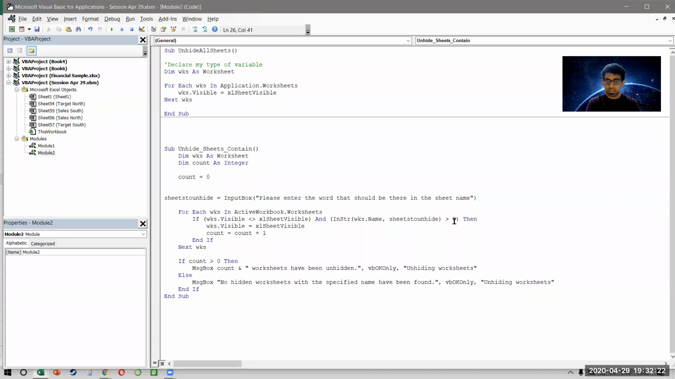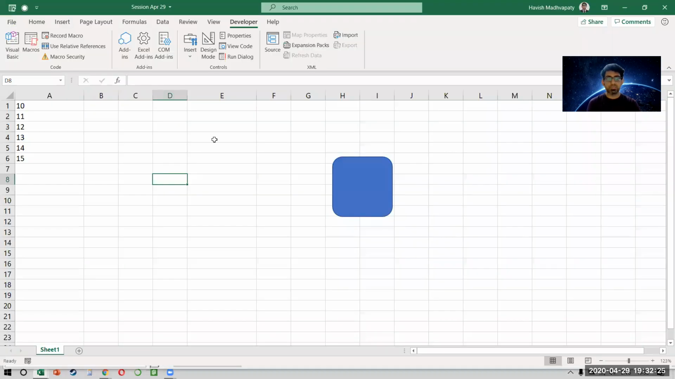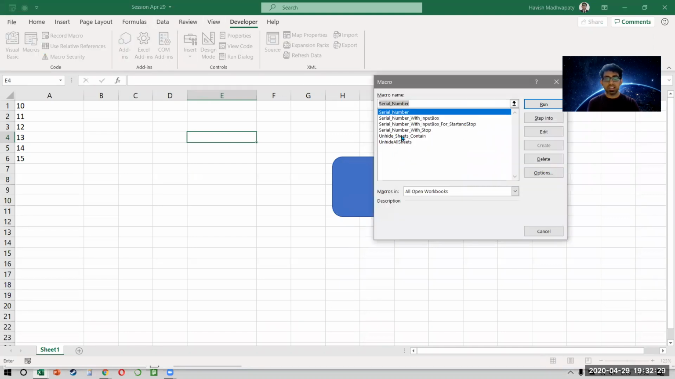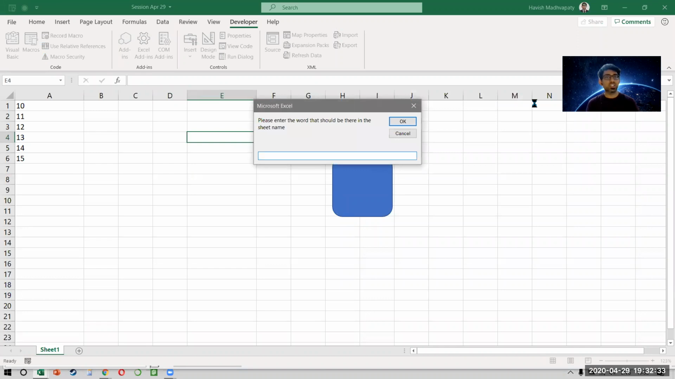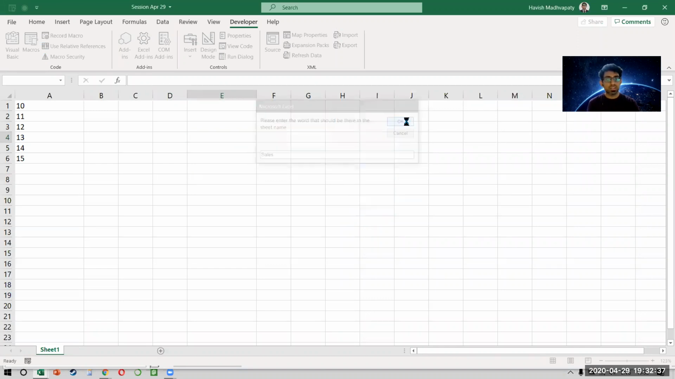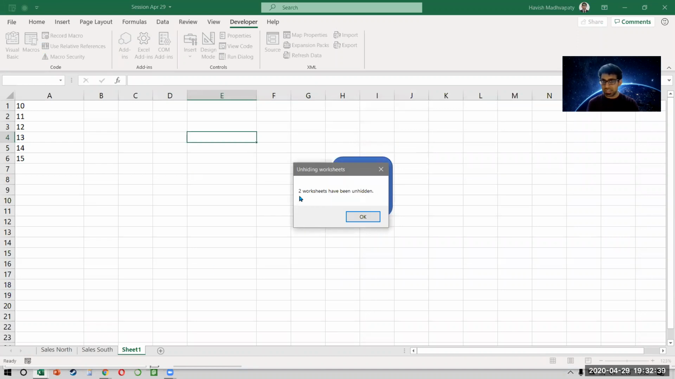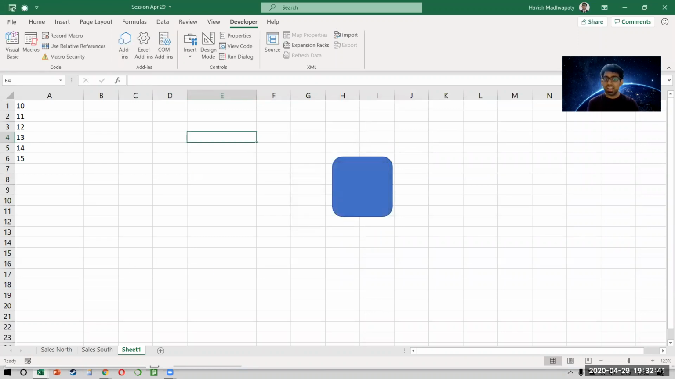And I think I've done everything correctly. Let's see. Okay, so I click on developer and then on macros and I say unhide sheets that contain a word. So it says, okay, what is a word that should be there in the sheet? I say the word should be called sales. And when I press OK, did you see what it did? It said that 2 worksheets have been unhidden and it only unhid the 2 sheets which have sales in them